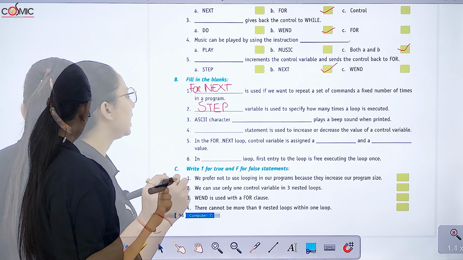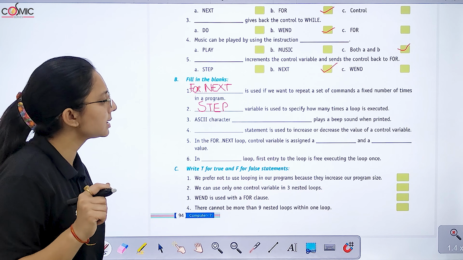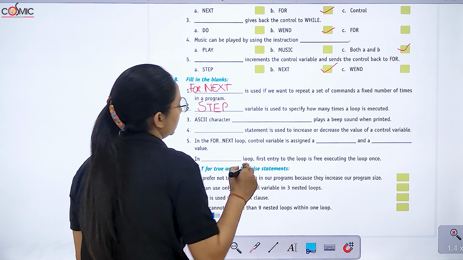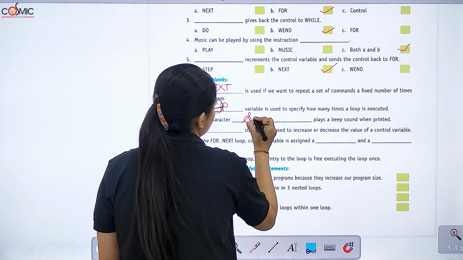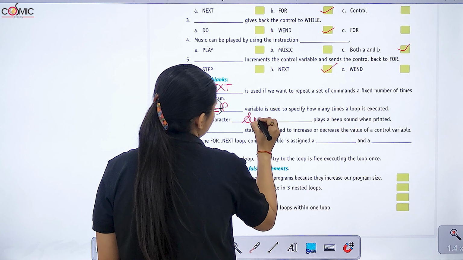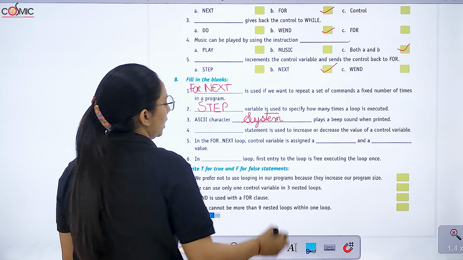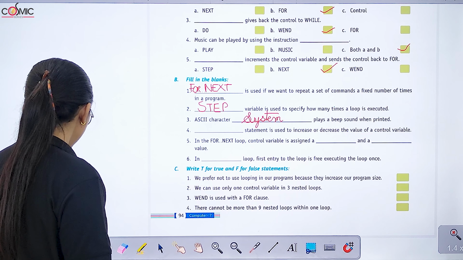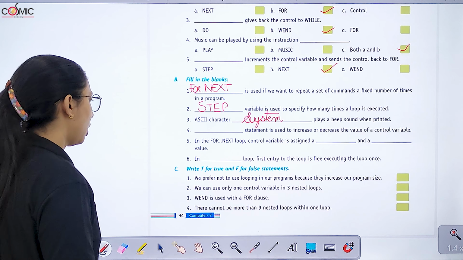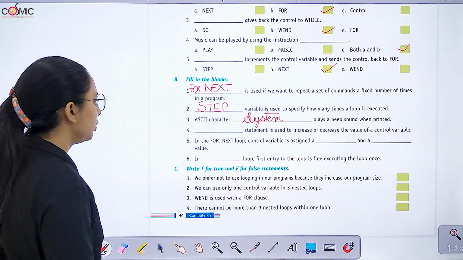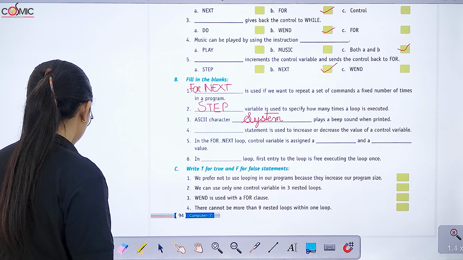Step. ASCII character dash plays a beep sound when printed. System. A dash statement is used to increase or decrease the value of the control variable.